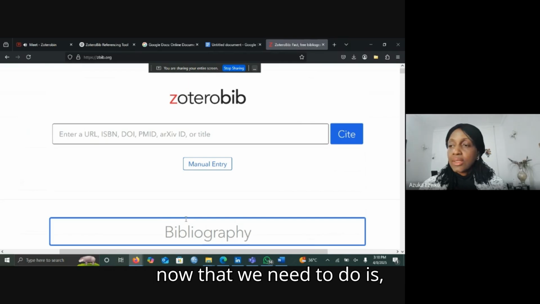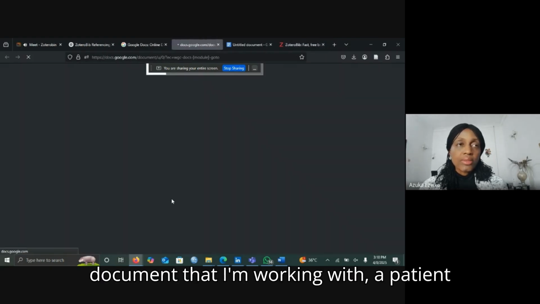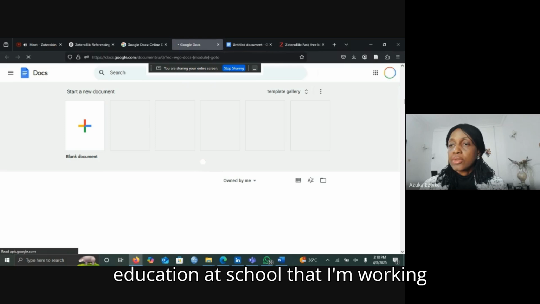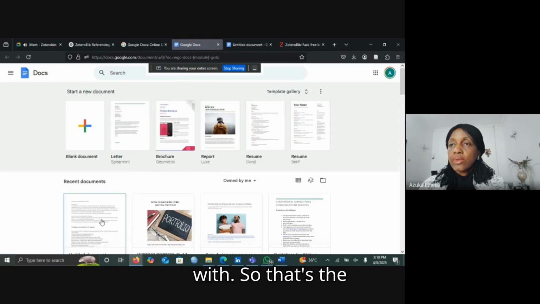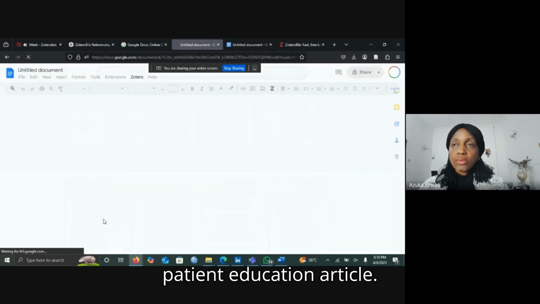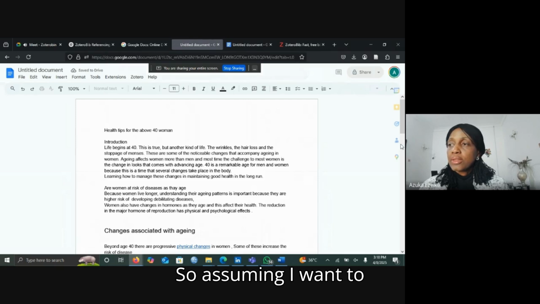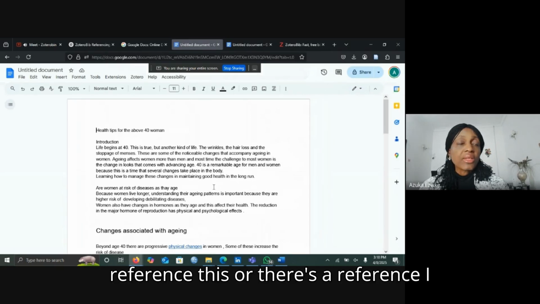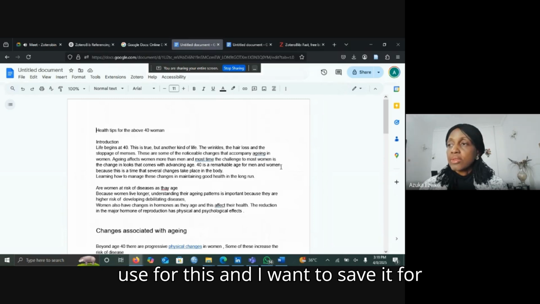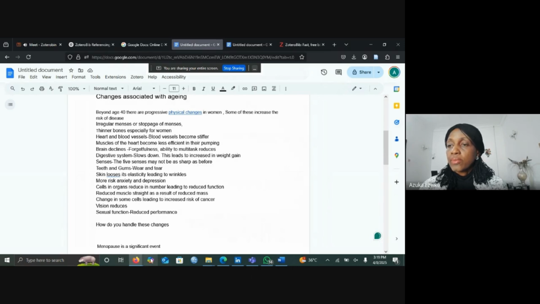Okay, so the next thing now that we need to do is, I already have a Google document that I'm working on, a patient education article that I'm working on. So that's the patient education article. So assuming I want to reference this, or there's a reference I use for this and I want to save it for this very article, what I need to do is just to